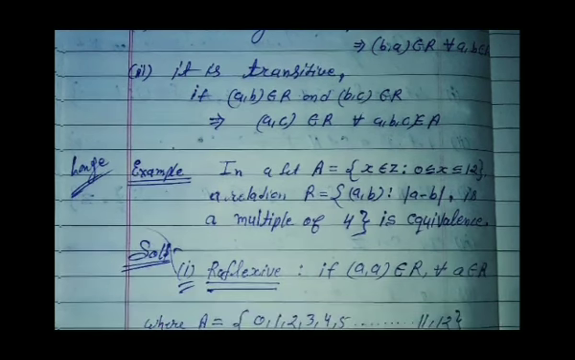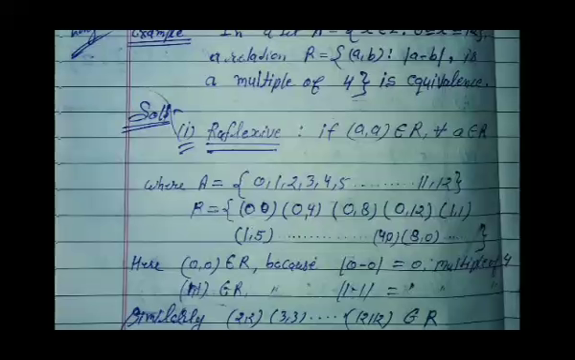For example, a set A equals x belongs to Z, where Z is the set of integers, such that x is greater than or equal to 0 and less than or equal to 12. And a relation R is defined by (a, b) such that |a - b| is a multiple of 4. It means divisible by 4. It means 0, 4, 8, 12, 16 and so on. This is an equivalence relation. Now we show the first condition, reflexive. But first of all we explain the set A,